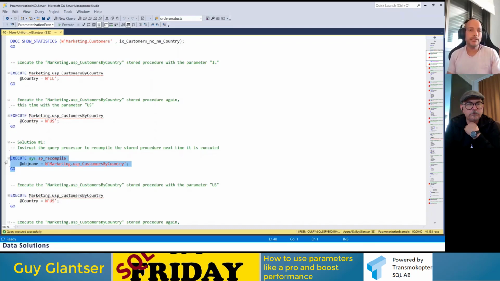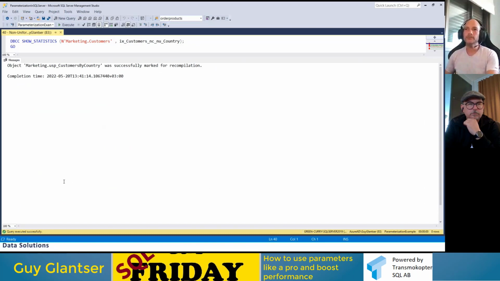It might not. You might get the same plan again. It will be recompiled, but generate the same plan. But there is a chance, okay, that you will get a better plan in the next execution. You have nothing to lose. In many cases, it will generate the best plan. And then, first of all, remove the stress, okay? Let people calm down. Now you can sit down and investigate, understand what happened, and fix it in the long term, okay? So it's important to be aware of this solution.